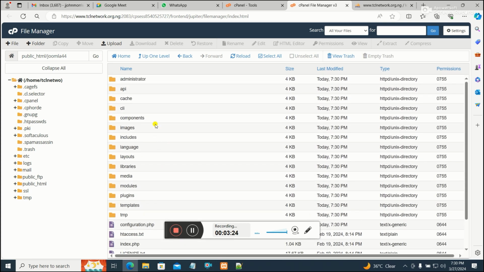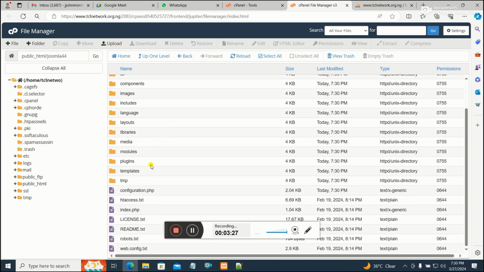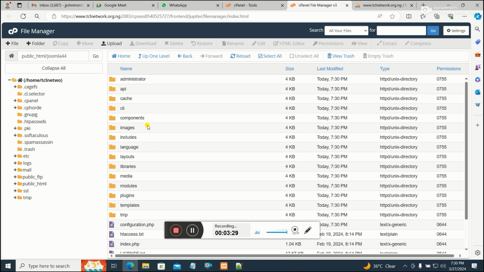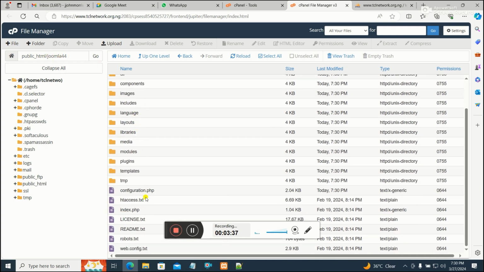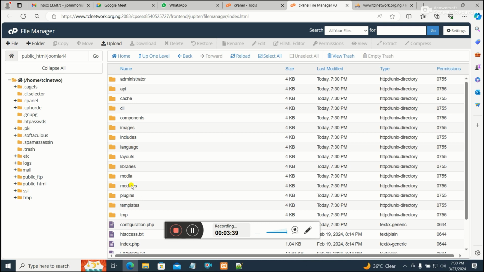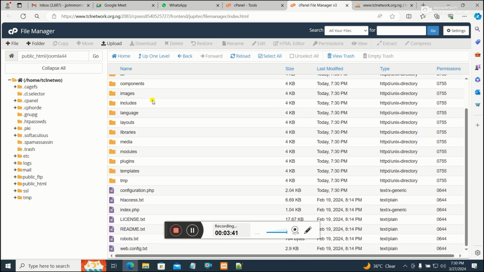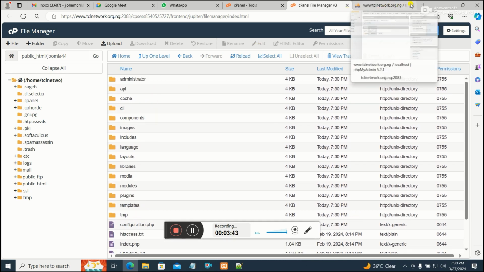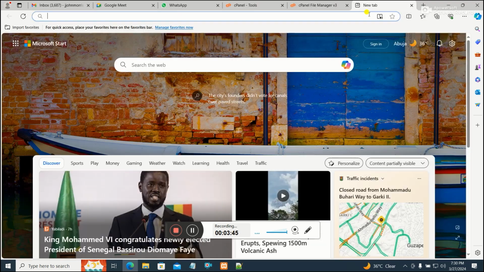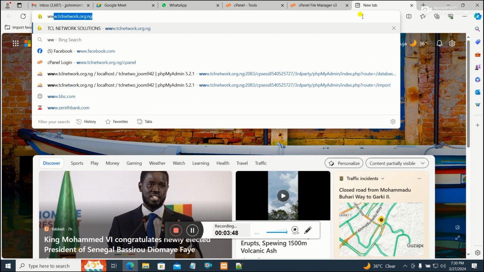So when you open, you can now see the content of the Joomla environment. So that means that if we want to open this website, we'll be going through our website /Joomla 4.4. So this is what has been installed for me. So I can just run this to see what this site is looking like. So to do that, I'll just come around here and type the full name